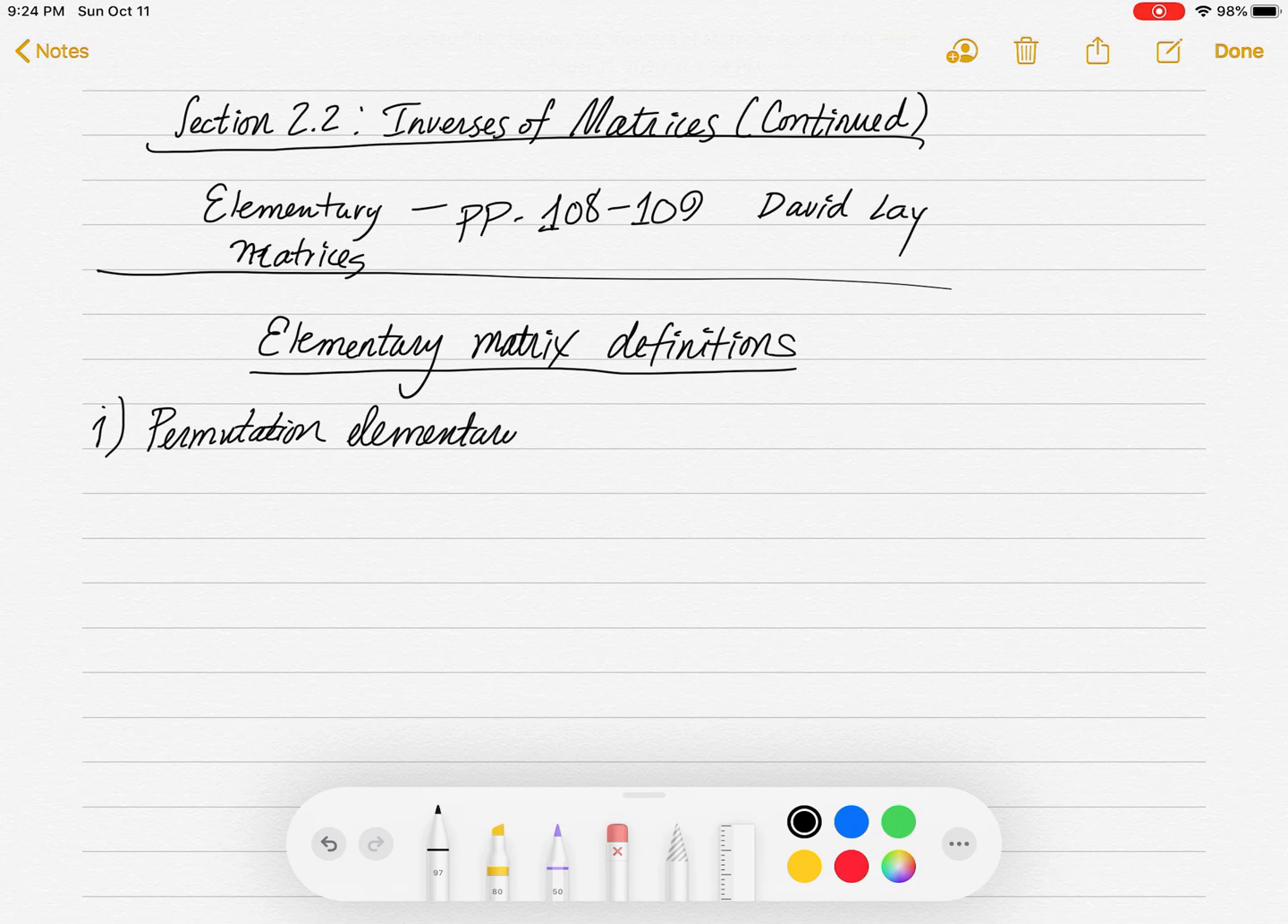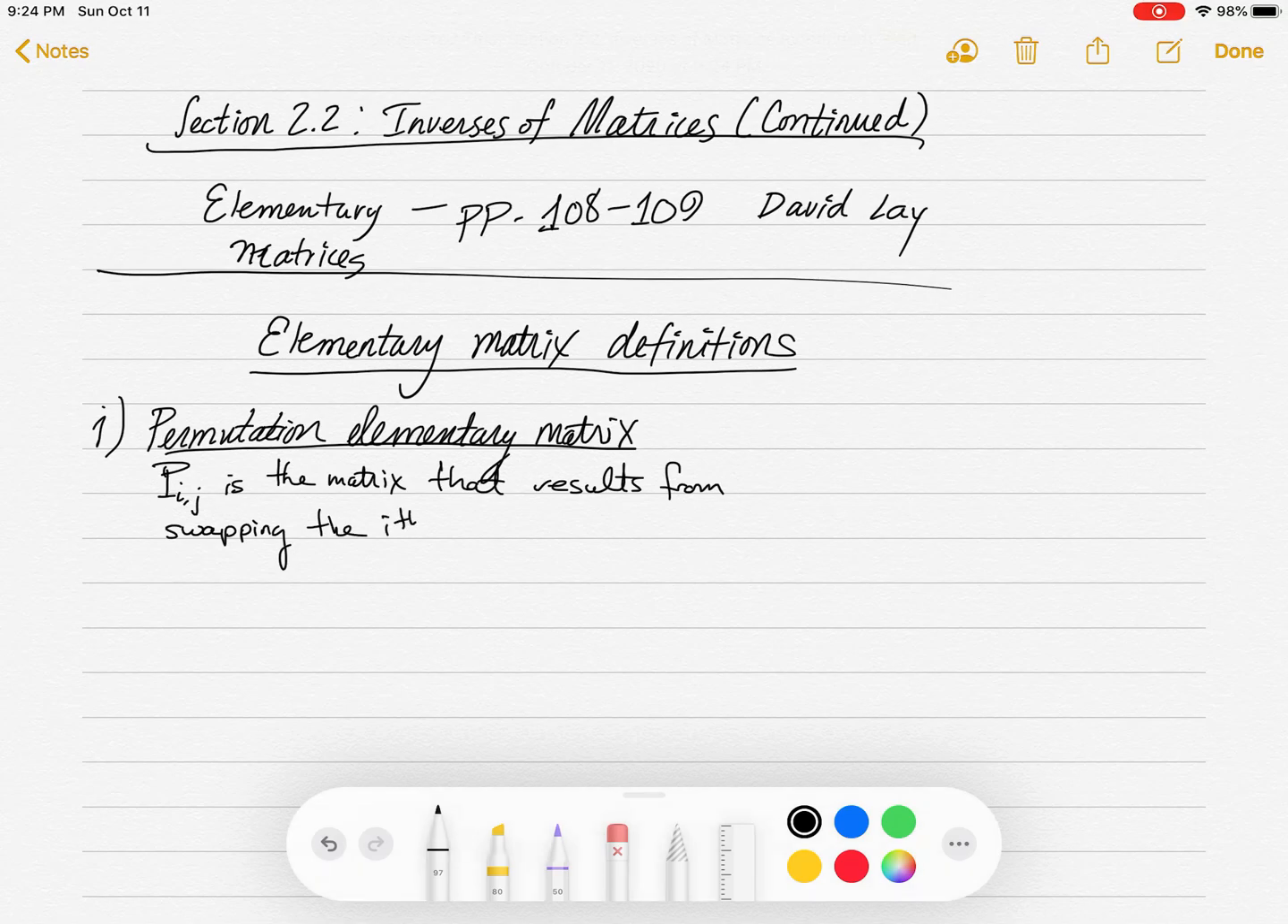The first type is going to be called the permutation elementary matrix. So the permutation matrix, we're going to denote with a Pij, P with subscripts i, j. Basically, that's where you take the identity matrix and you swap out the ith and the jth columns. So let's put it this way. Pij is the matrix